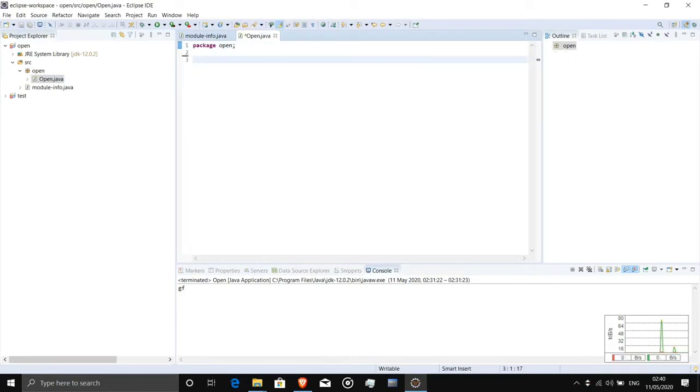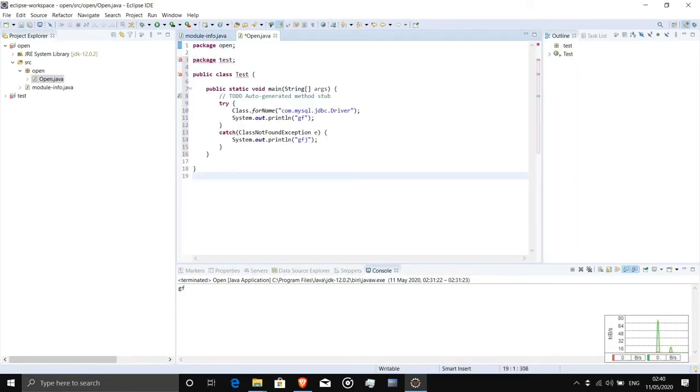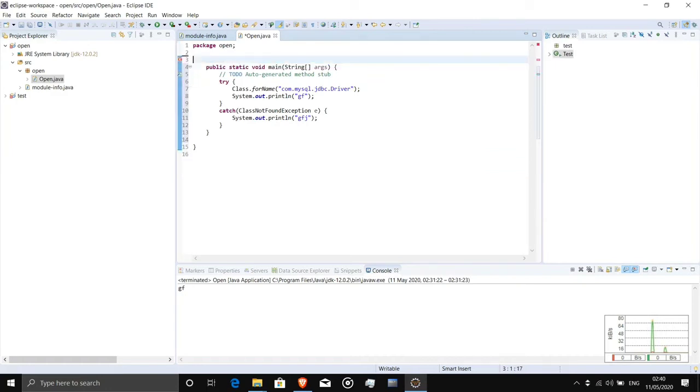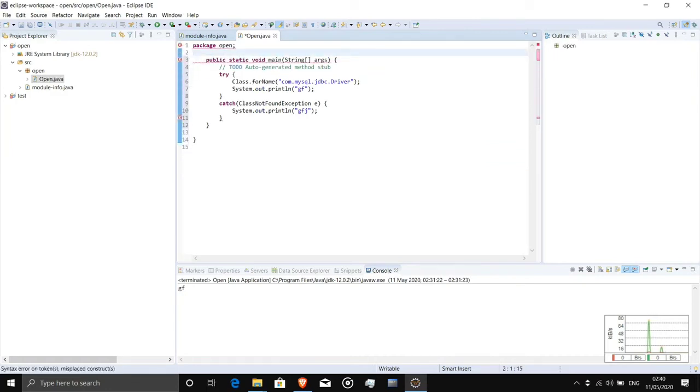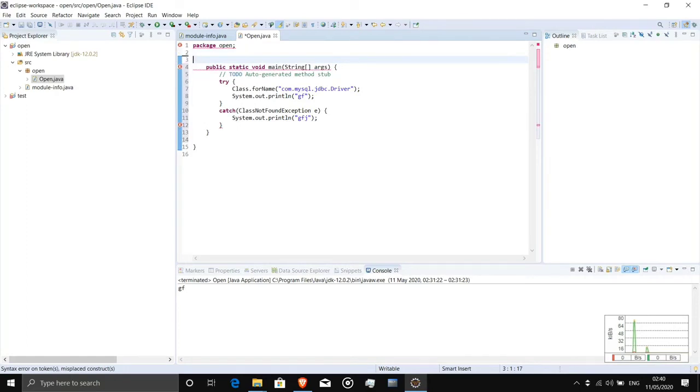So as you can see, package open and public class. I already created a program which shows whether the database feature is working or not. So as you can see in this program, sorry, there is some mistake. A bracket is missing, I think.